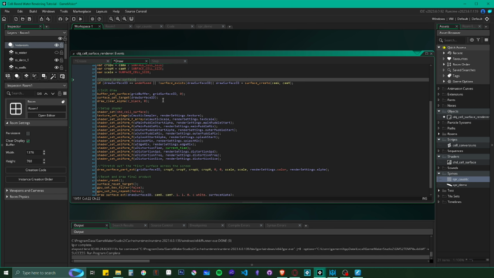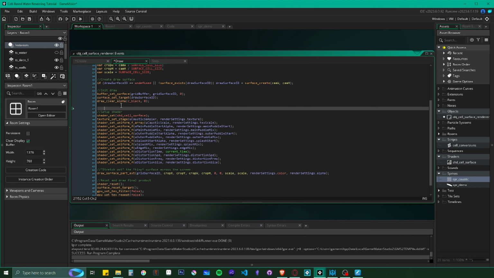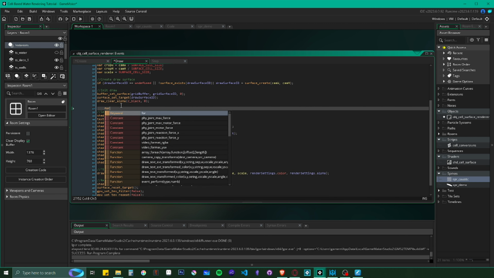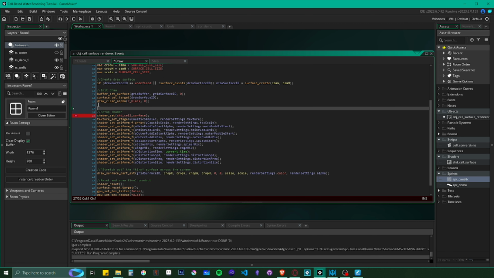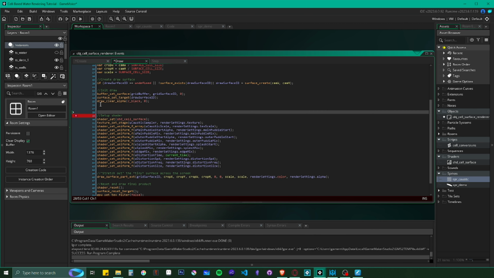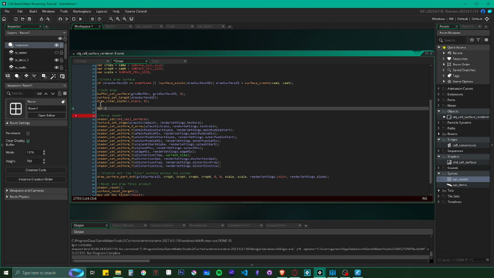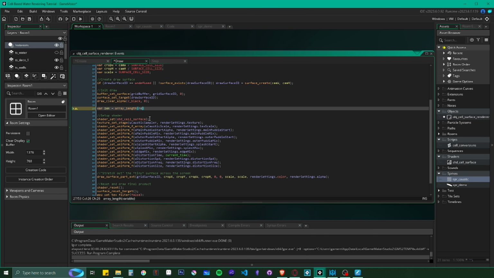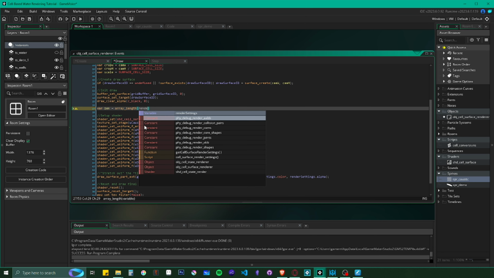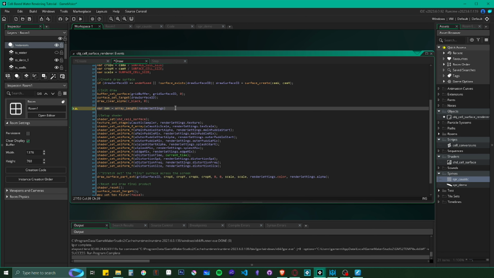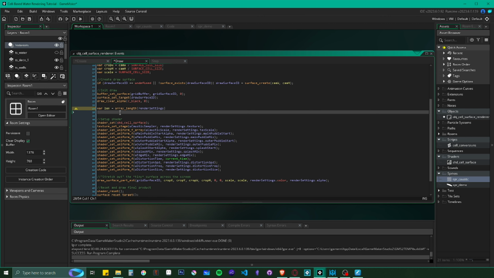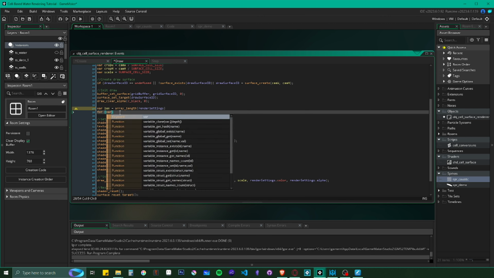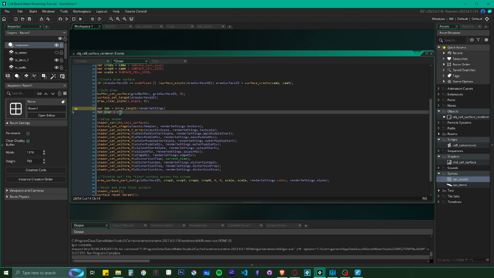Then after we clear alpha, we are going to run our for loop again. Oops, I didn't need to add an indent there, but I do need to add, we'll just do for all the render settings. That makes sense. We'll just do what we did before. i equals 0, i is less than